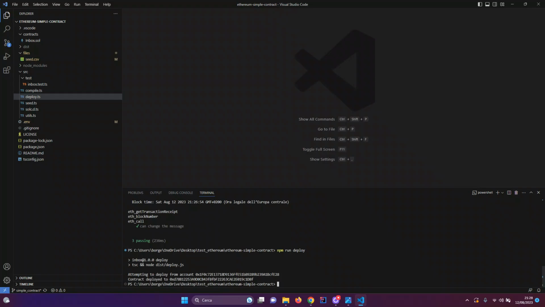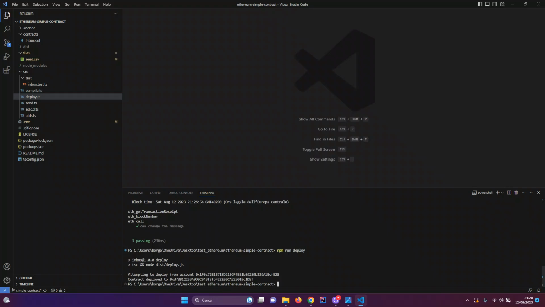But here that we need to deploy to the Sepolia test network, the block time is, if I remember correctly, 15 seconds. So at least 15 to 30 seconds are needed in order to deploy. So this is the address of our deployed contract.